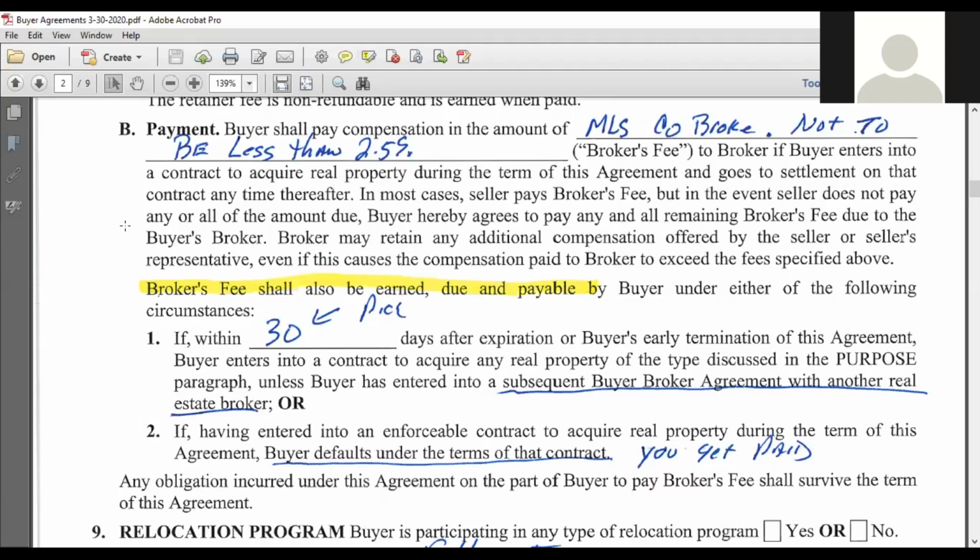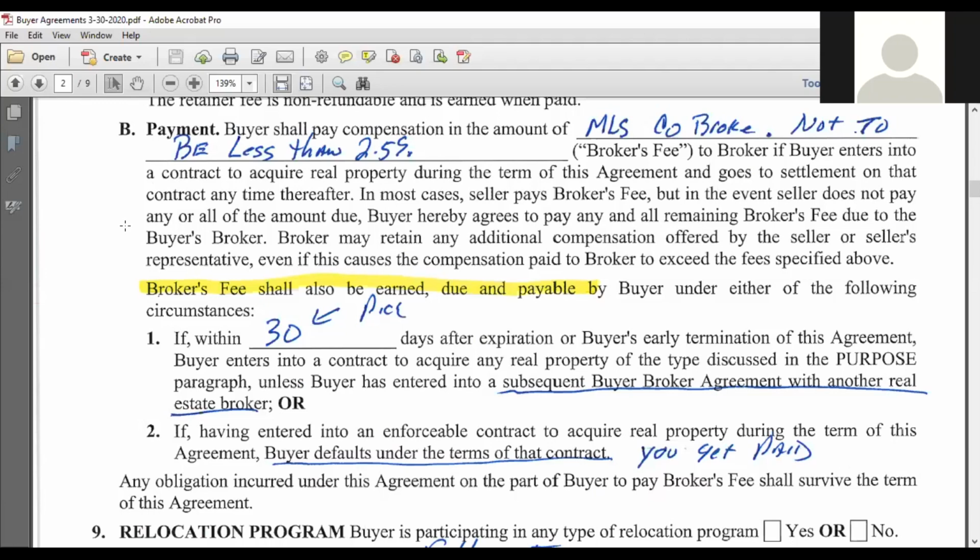So if they go behind the sign and buy it, unless our agreement has expired and they sign with another firm,